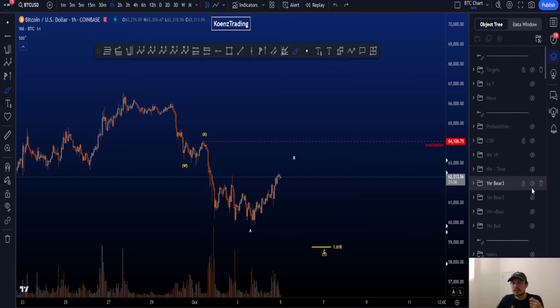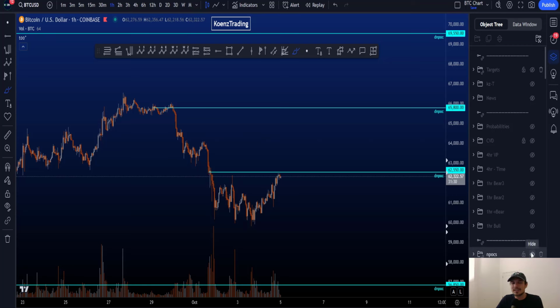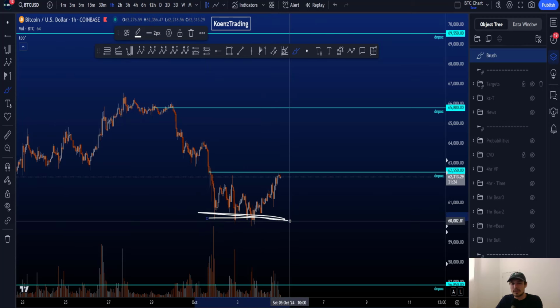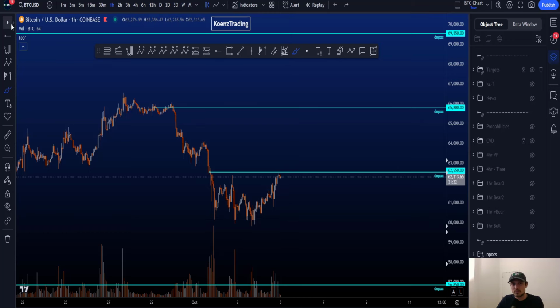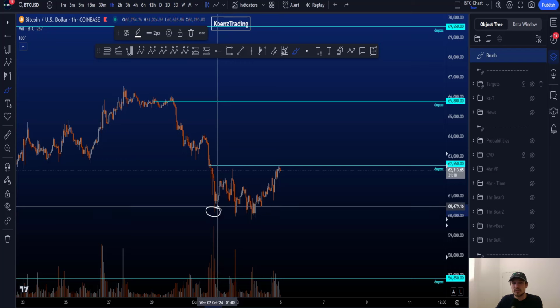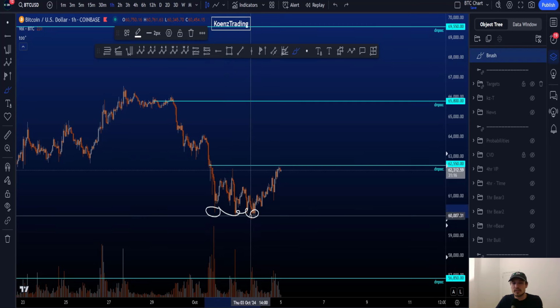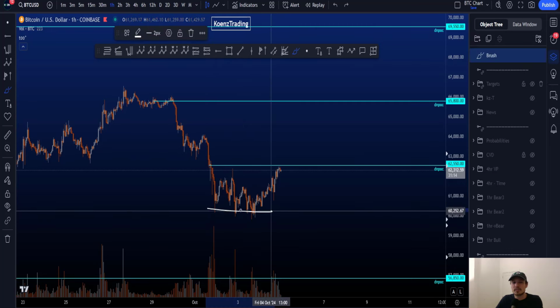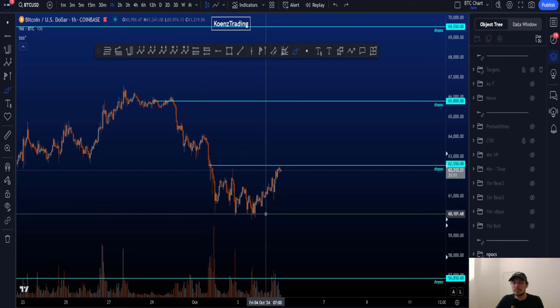Now, we do have interesting support to the downside, which we haven't touched. And in a way, it is a little bit bothersome, not gonna lie. Like, I do like some levels to be hit. So we found support here on the daily naked point of control. I already removed it from my chart as we hit it 4 times. So this was the first time, and then second, third, and then a fourth time here. And it has been holding all that time, but it is 4 times testing a point of control,